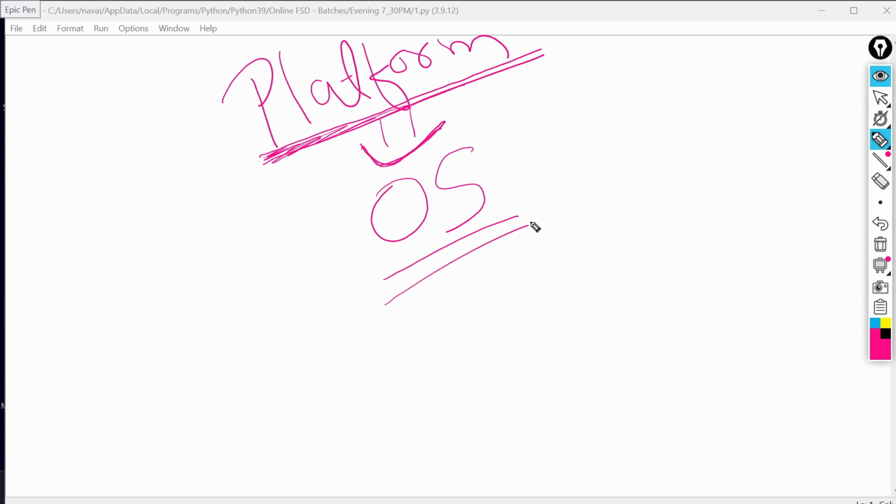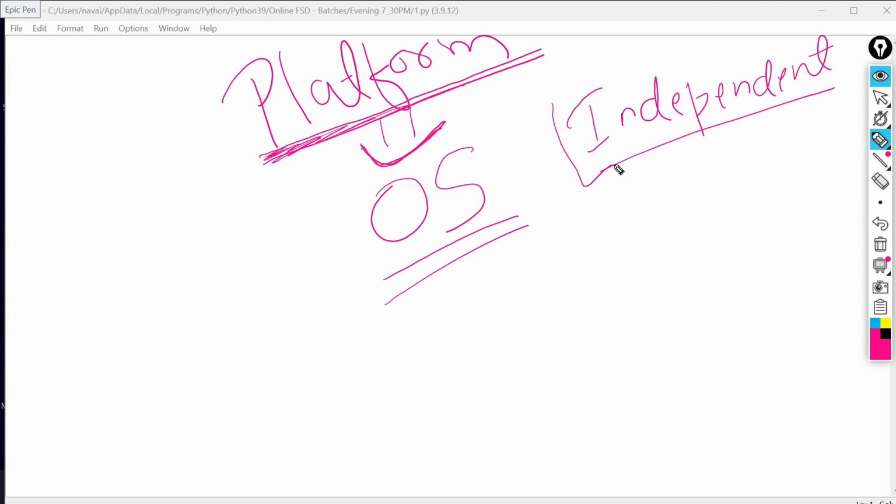So we are saying Python is platform independent. What is the meaning of independent? Generally people say, I am an independent woman. It means not dependent on anyone.